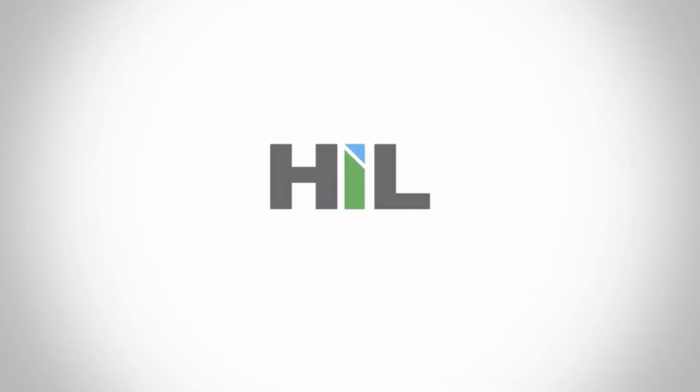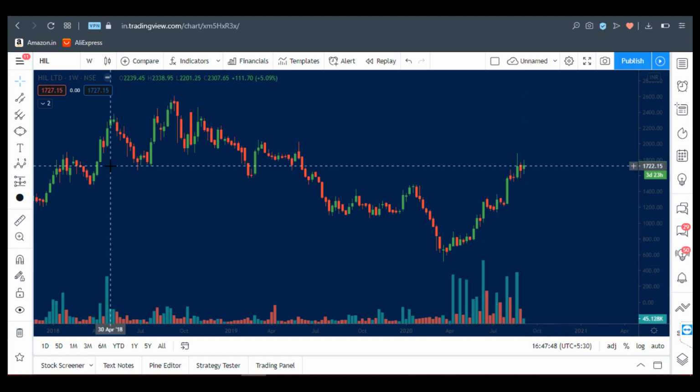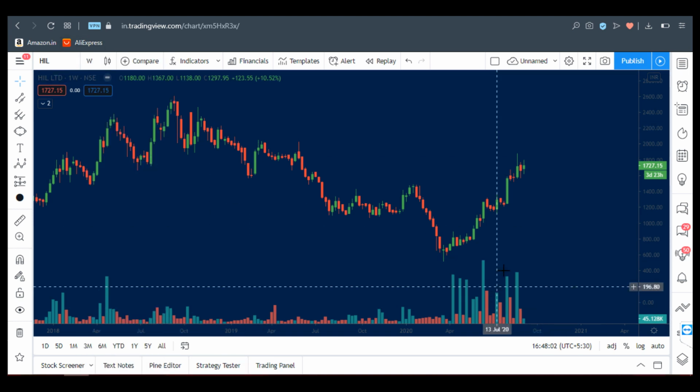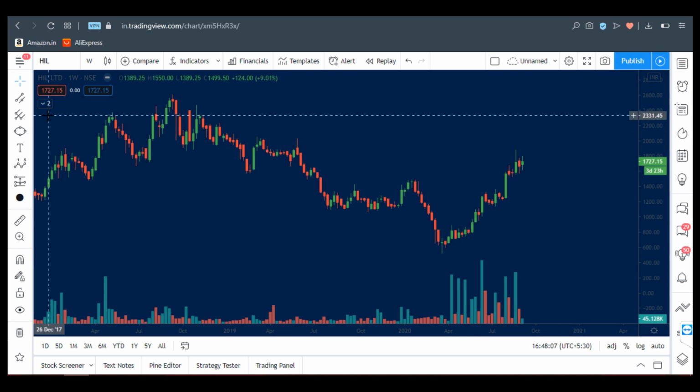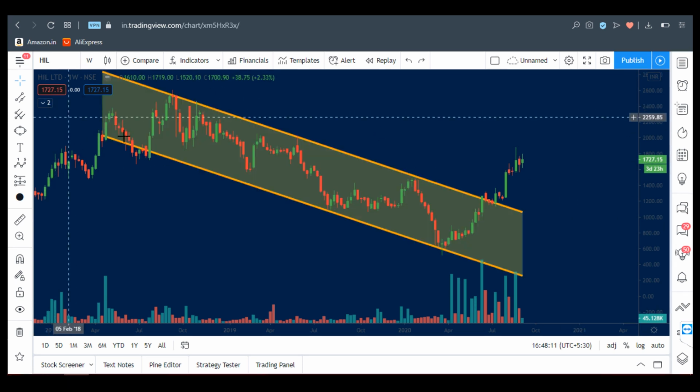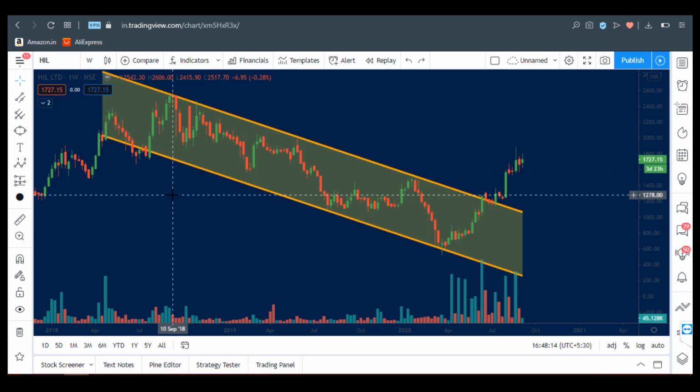This is HIL, that is Hyderabad Industrial Limited weekly time frame chart that you can see, and it is very important for long-term traders. Let us understand the technical analysis of it. Here I'm going to draw a parallel channel to know the trend going on. Let's get started. You all can see I'm drawing a parallel channel and in it I'm adding a value area